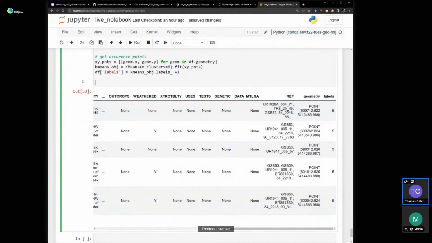Let's visualize them spatially. We'll just go plot clustered points.